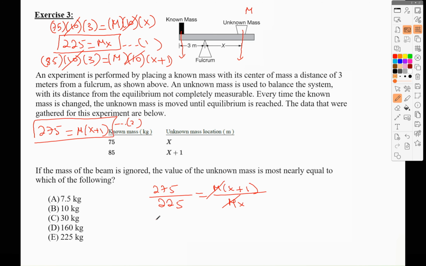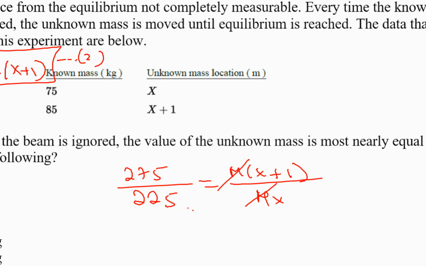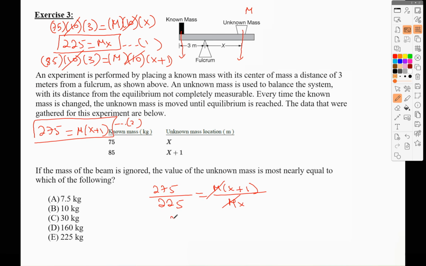Or we can cross multiply, then 275 multiplied by X is equal to 225 multiplied by X plus 1. Then we can expand and move this to the other side. That would be 50X is equal to 225, which means in this case capital X would be equal to 7.5